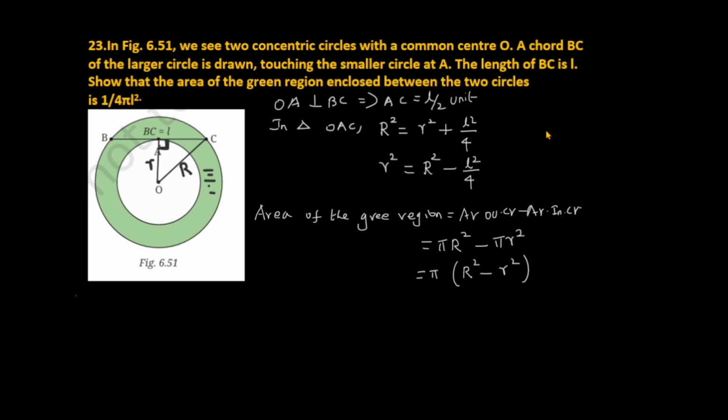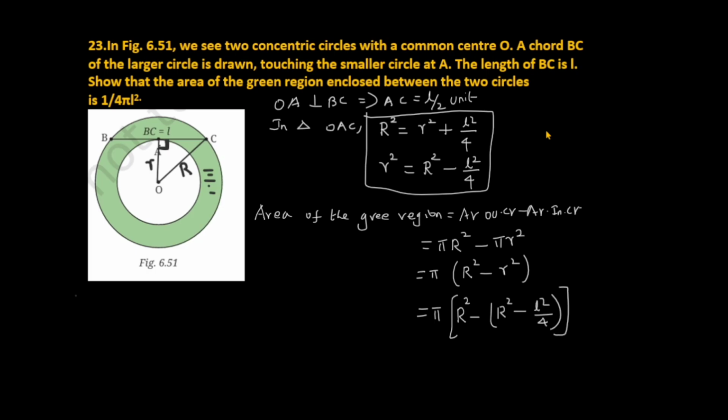Now we have the result for capital R squared and small r squared, so we can replace one of them. I am going to replace small r squared. Keeping capital R squared as it is, minus small r squared is capital R squared minus L squared by 4. Now removing the bracket, pi into capital R squared minus capital R squared, then minus into minus becomes plus L